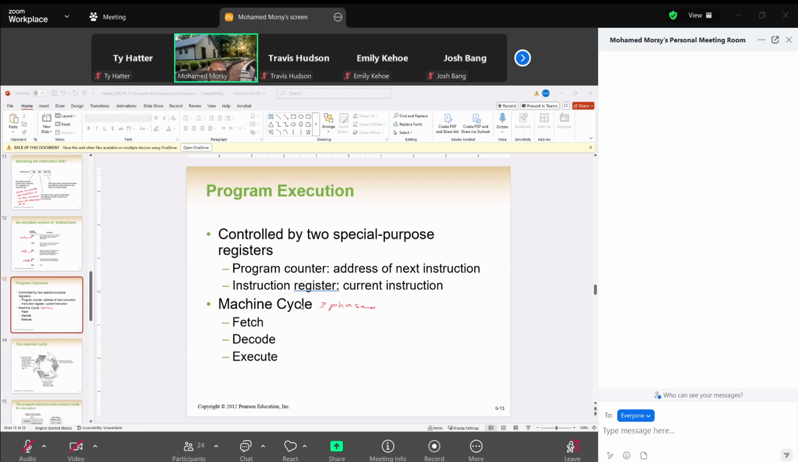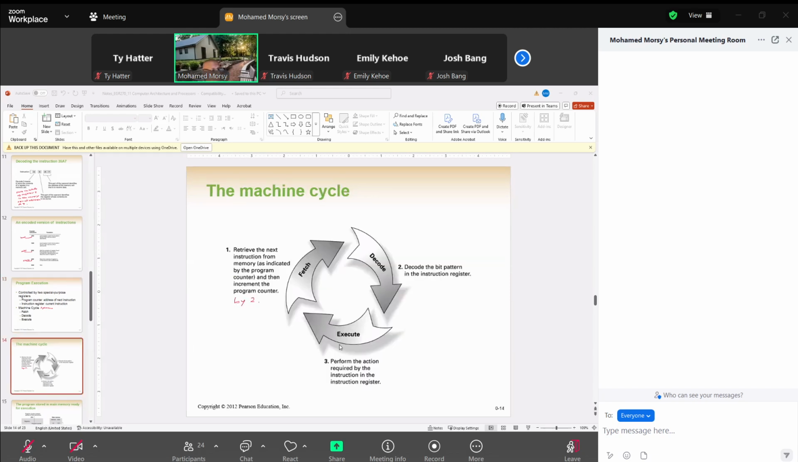The machine cycle has three phases. Phase 1, fetch. Phase 2, decode. Phase 3, execute. Fetch means retrieving the next instruction from memory as indicated by the program counter, and then incrementing the program counter by